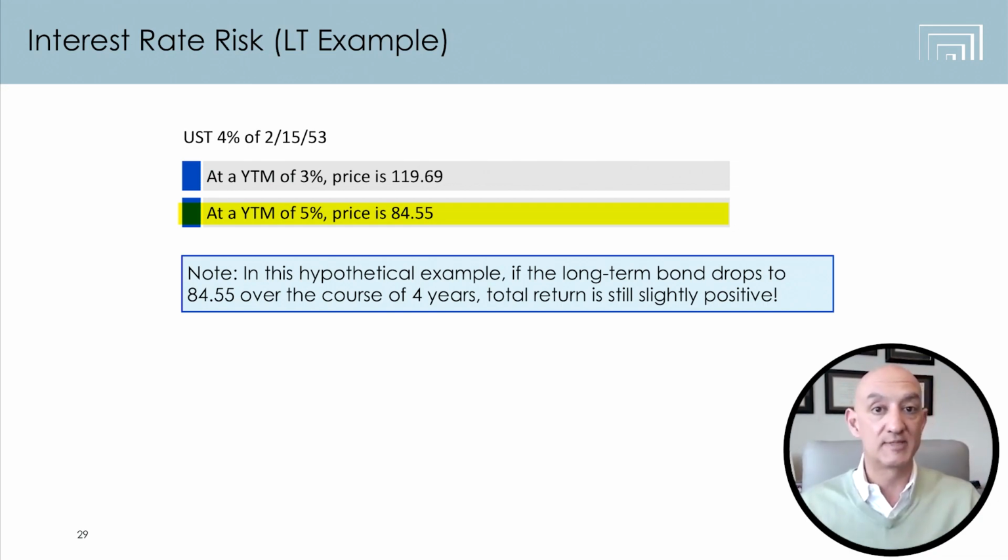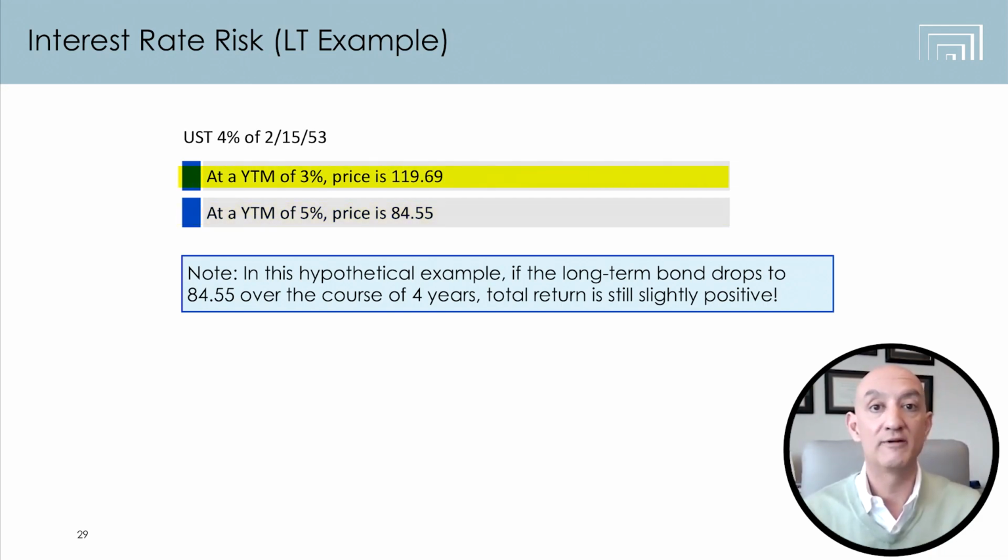So if the buyer comes and gets your 4% coupon bond at 84.55, they're giving you $845, and they know they're going to get $1,000 back in 30 years. All of those numbers crunched in together give them a yield to maturity of 5%. So interest rates on a 30-year bond went up 1%. Your bond dropped more than 15% in price, right? So going back to the prior slide, the one-year bond dropped less than 1%. On a 1% move, the 30-year bond dropped 15%.